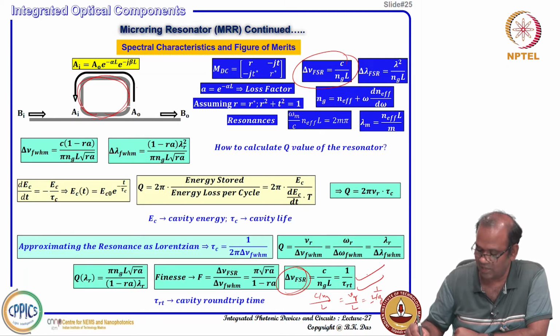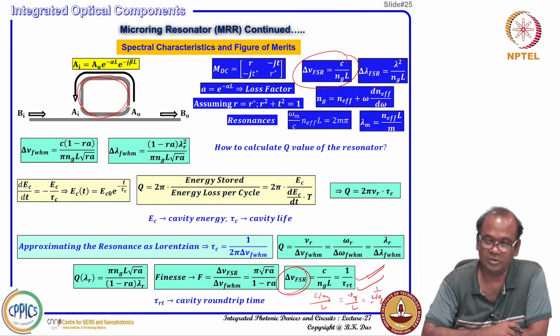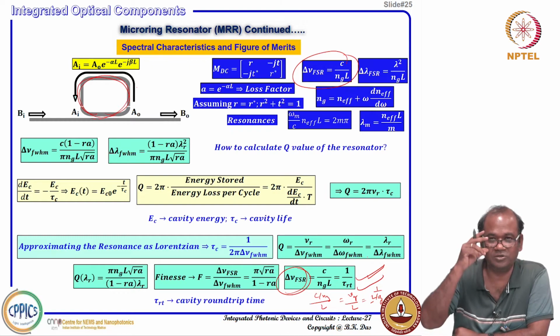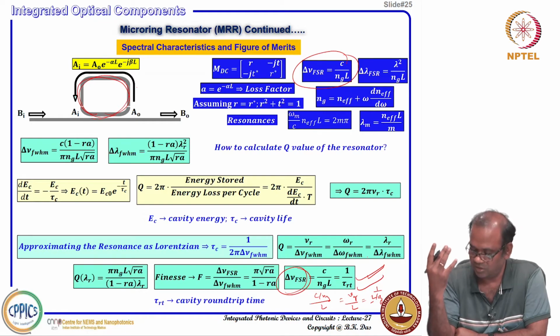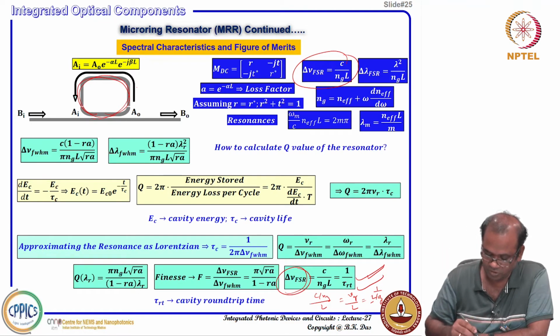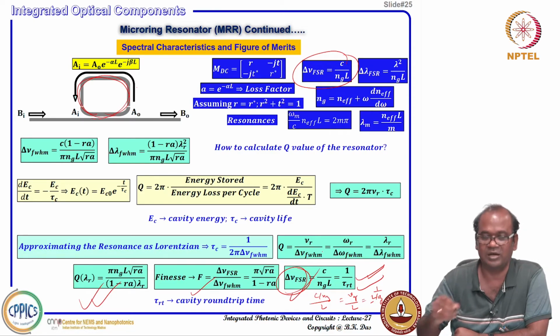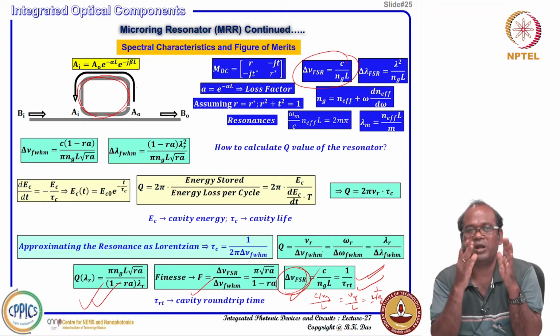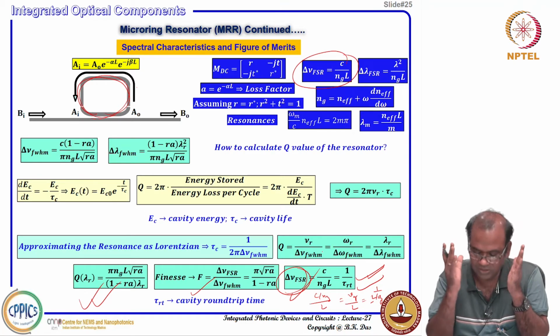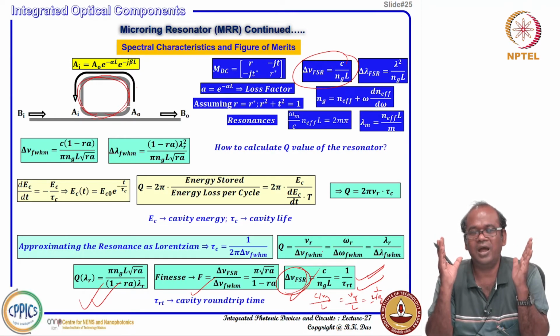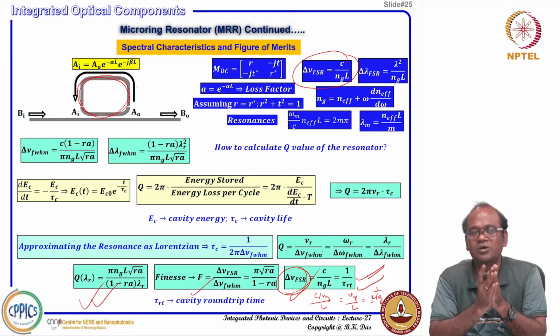So, this is another important information we need to know for a ring resonator when we will be designing, when we will be using this type of ring resonator to design different types of delay lines and filter characteristics. That time it would be helpful. So, these are the figures of merit: finesse, quality factor and FSR. For a particular design, particular applications,